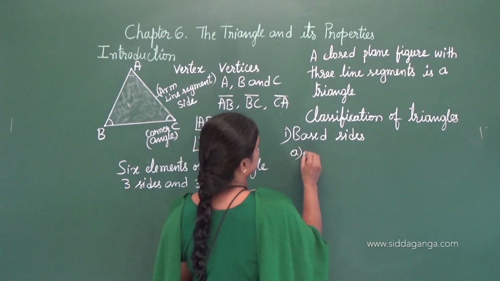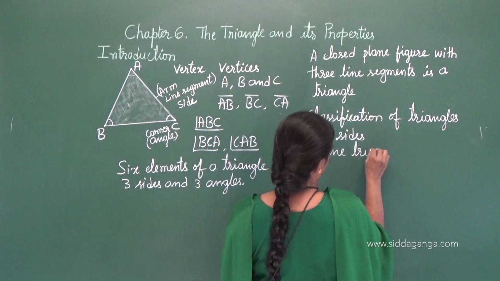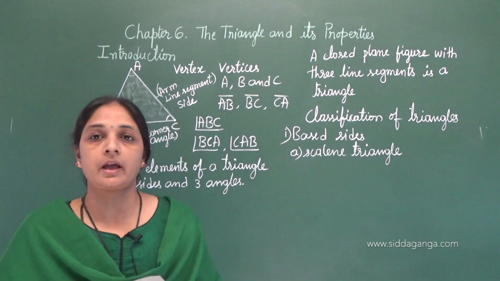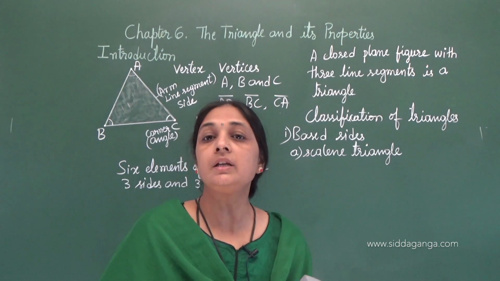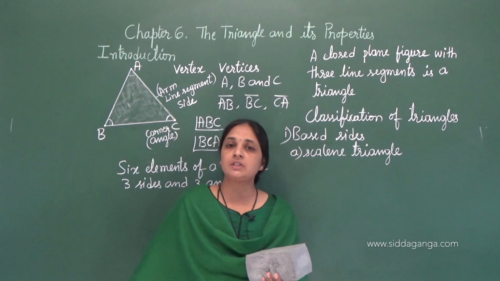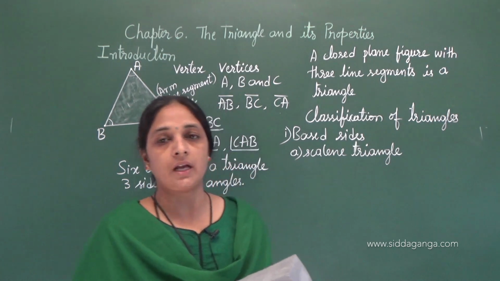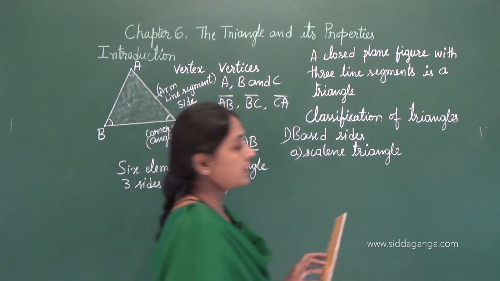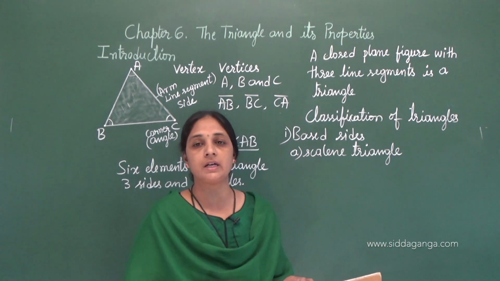First one is scalene triangle. What is scalene triangle? A scalene triangle means a triangle with 3 unequal sides, a triangle in which all the 3 sides are in different length is called a scalene triangle. Then how can we write scalene triangle? In a scalene triangle, the length of all the 3 sides are